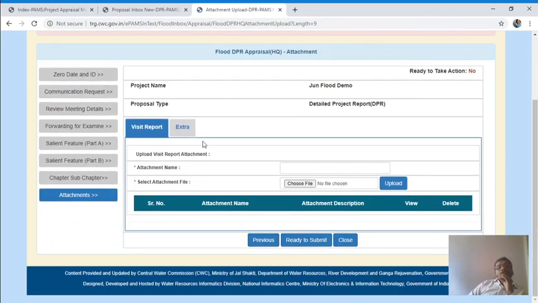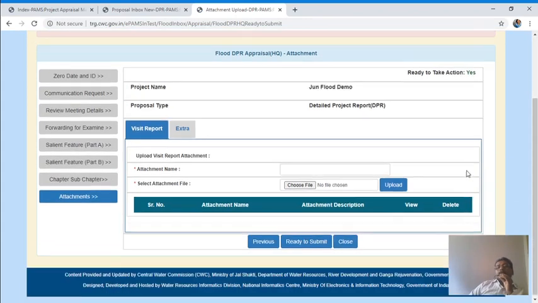Now you can see that if all your appraisal work is complete, then you have to click the ready to submit button. Yes, ready to submit. Click on ready to submit. Okay.